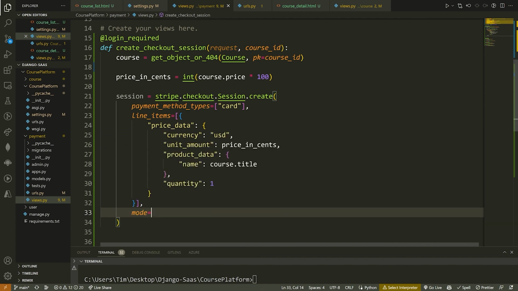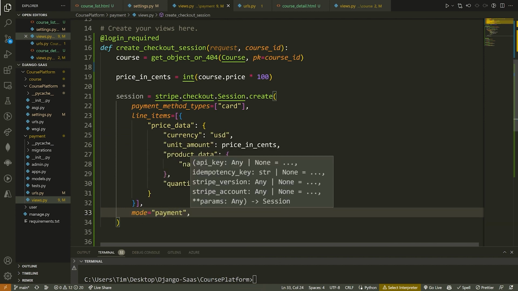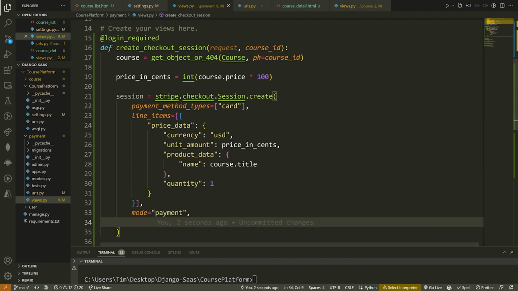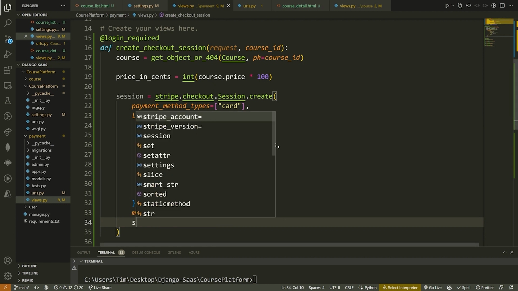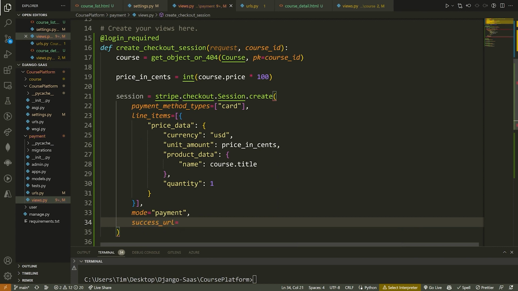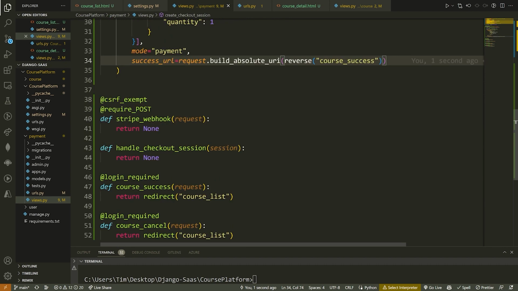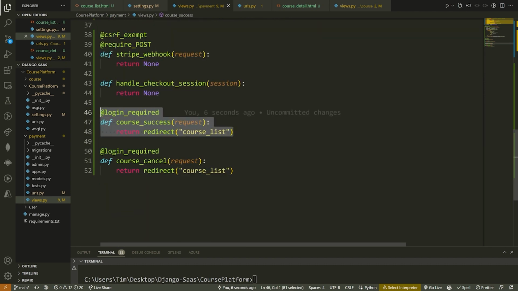Now we need to do mode. The mode of the checkout is going to be payment. Now we also have like refund and other modes, right? But payment is the one we want. And then what we need to pass here is where we're going to go when this is successful and where we're going to go when this is canceled. So we're going to say the success underscore URL is equal to request dot build underscore absolute underscore URI, sorry. And then inside of this, we're going to say reverse, and we're going to pass course underscore success. All this is doing is building the correct URL to navigate us to this route right here,